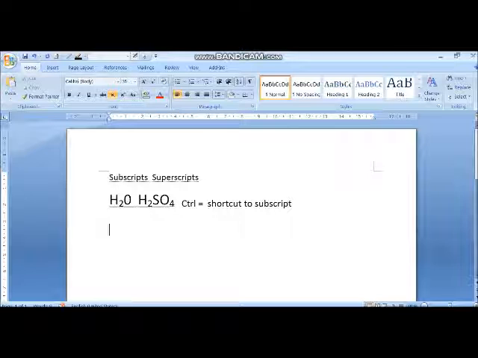Now what is superscript? Just opposite to that. Suppose I want to write a square plus b square is equal to a square plus 2ab plus b square. Now square means the text which will be a little bit at the higher side.